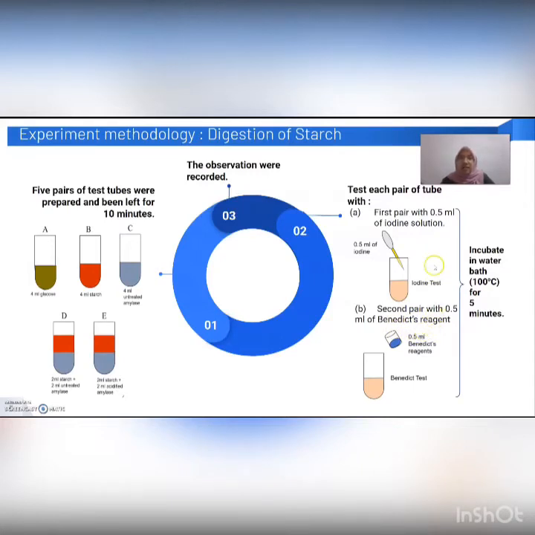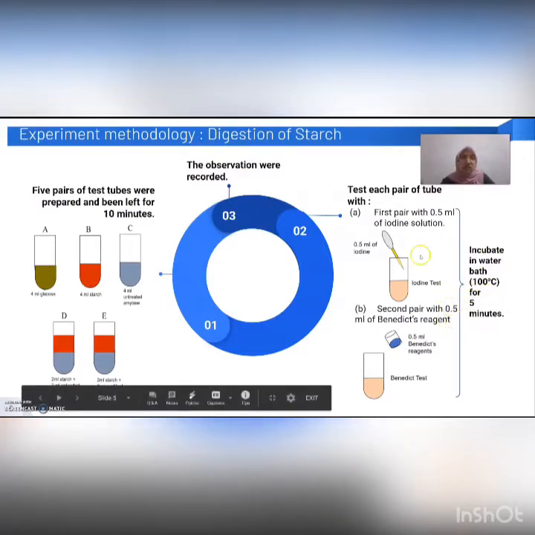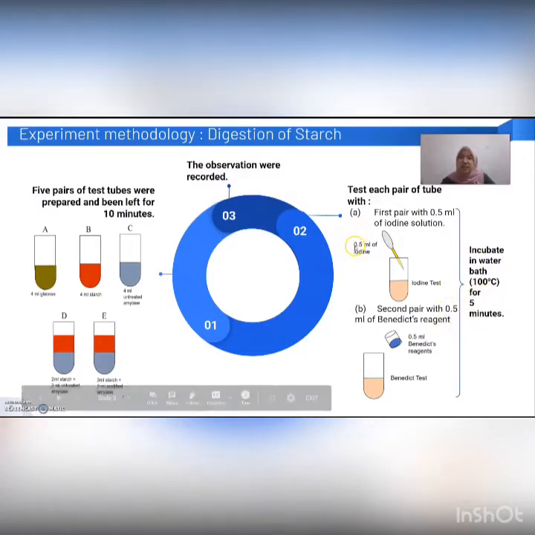And after we have tested all of the test tube with iodine solution and Benedict's reagent, we need to incubate in water bath at 100 degrees Celsius for 5 minutes. And after 5 minutes, we can see the result of the experiment, and then we need to record it in